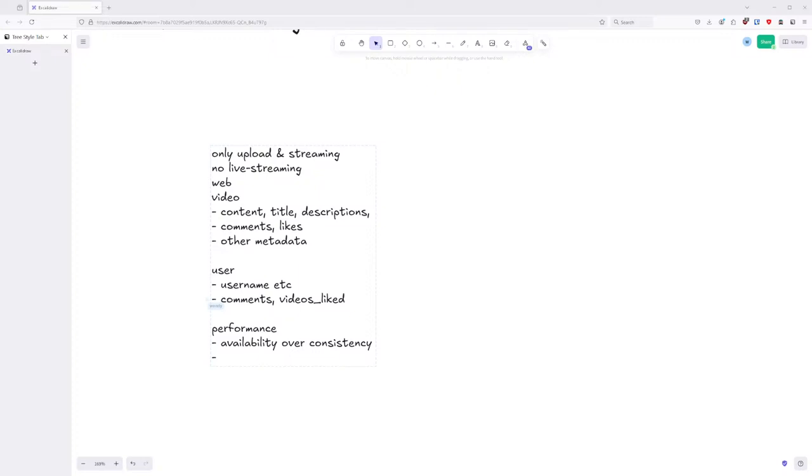So I'm assuming it's read heavy compared to writes, from what I observed from YouTube. Can you just clarify what that means? Oh, like the read to write ratio is greater than 1. Yep, that's true.